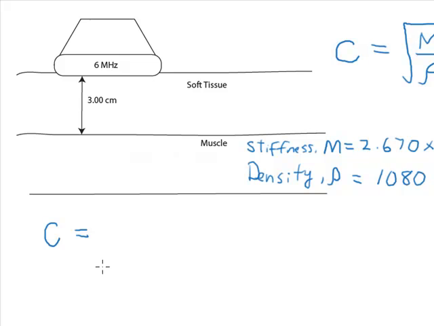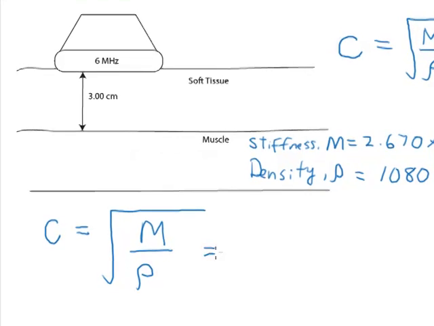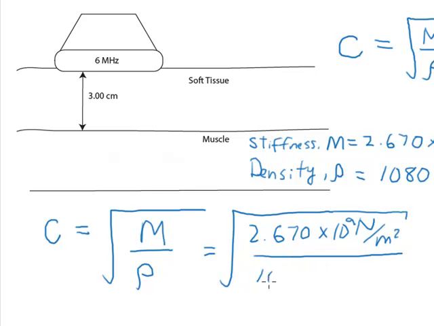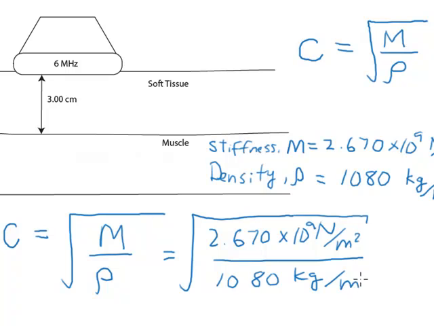C equals the square root of stiffness divided by density, and plugging in my values for those two, I have 2.670 times 10 to the 9th newtons per square meter divided by 1080 kilograms per cubic meter. Now I could go right to the calculator and enter these values, but first